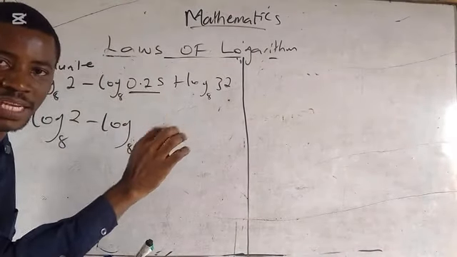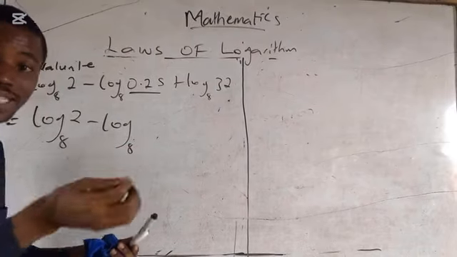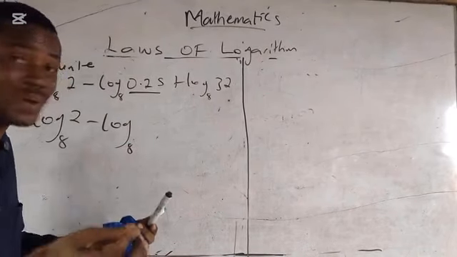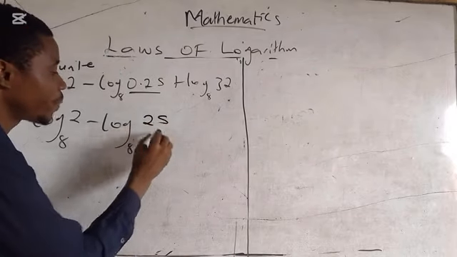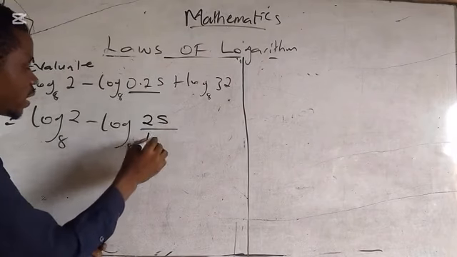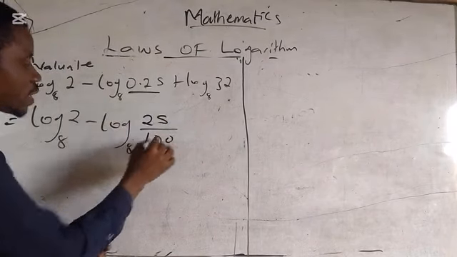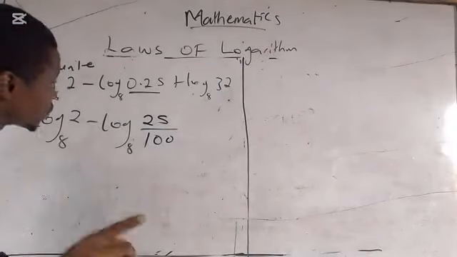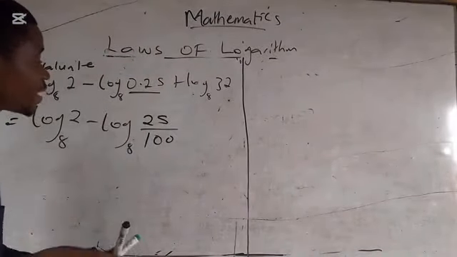And if you are actually not seeing the point, what are you seeing? You are seeing 25. Let us assume the point is not there. We are seeing what? 25. So put the 25 up all over. Right? I told you this point to change to 1, this order, you put it to 0, this one you change to 0. So it means if you press your calculator, 0.25 is the same as 25 divided by